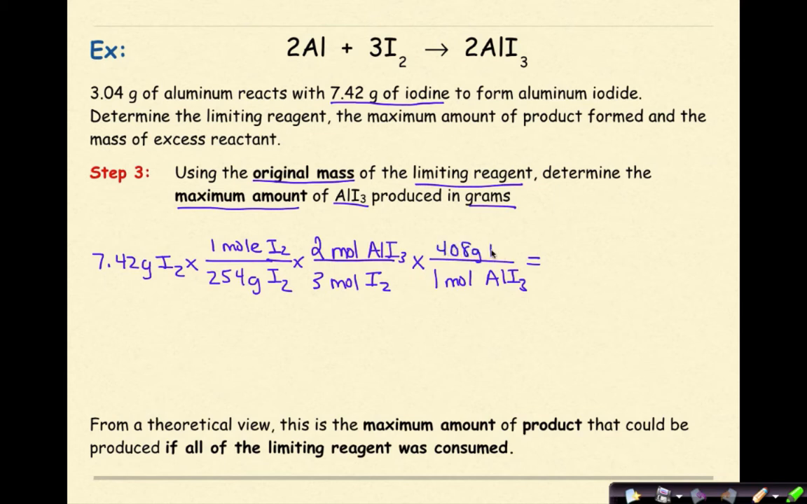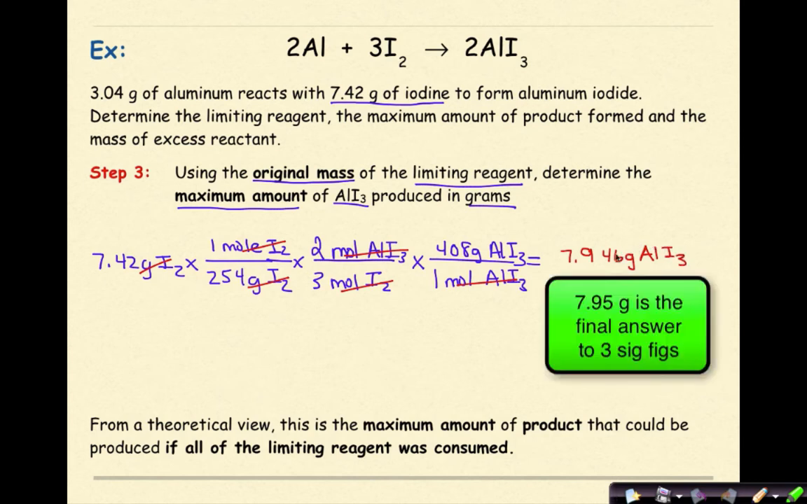408 grams of AlI3. So if I work this out, and I know I'm on the right track, if I can go through and I can cancel my units, moles of I2, moles of I2, moles of AlI3, moles of AlI3, I'm left with grams of AlI3, which I want in the end. And if I work this out, my mass of AlI3 is 7.946 grams of